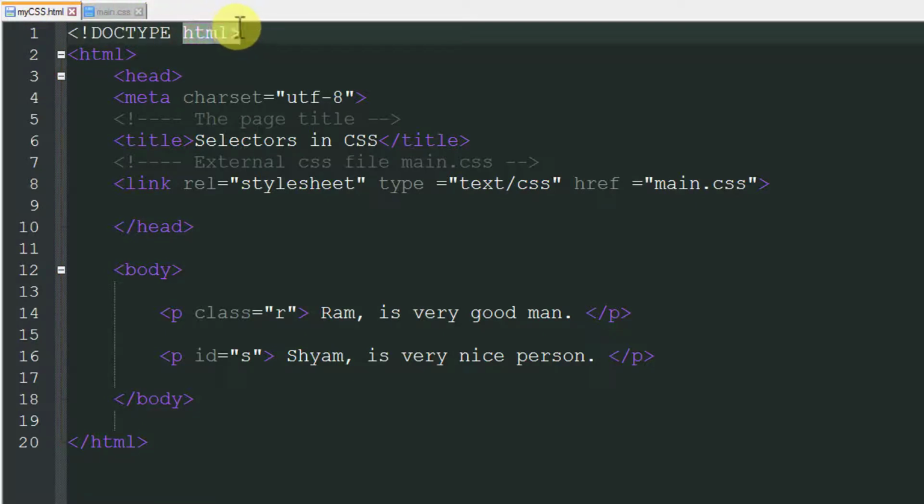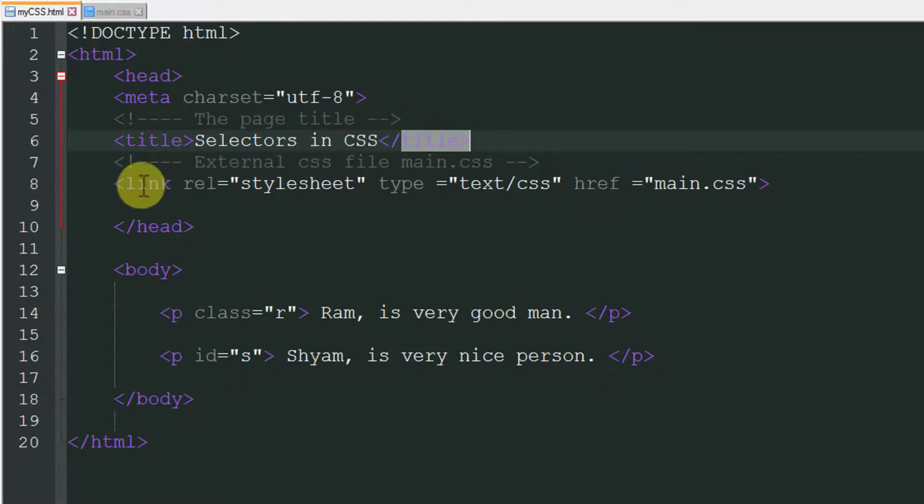Then we create the head, using meta charset UTF-8, which is the character encoding we are using. Then we make the title, which is "selector in CSS". Then close the title tag. Then we are